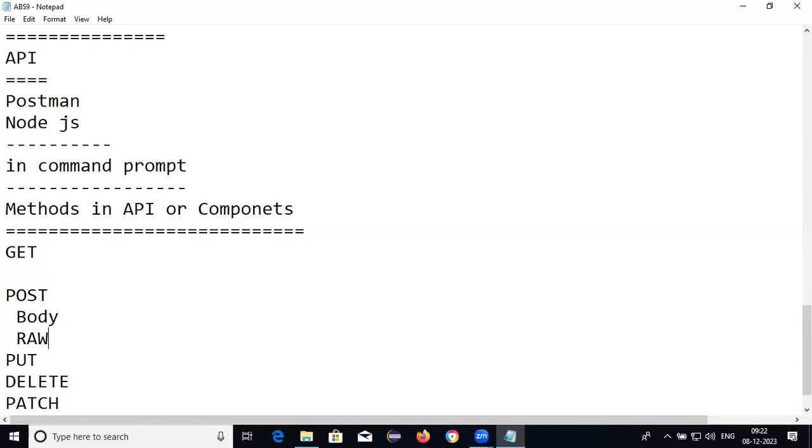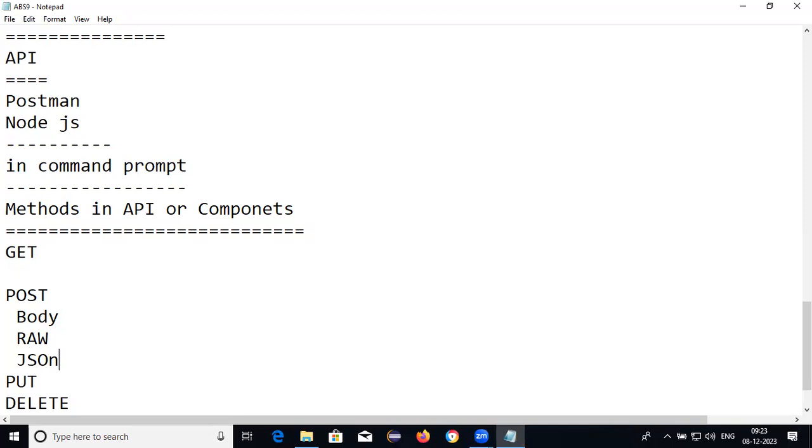If I want to create data, I need to provide the data inside the body, for example employee name, employee role, employee location. Raw means format. Which format? JSON format.